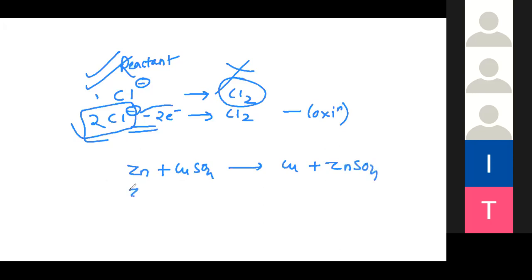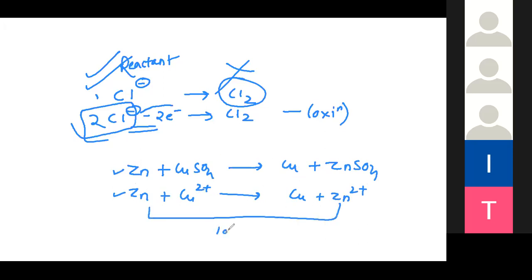Now when I put forward the ionic reaction, when the ions are taking place, I am simply writing like this. So what is the difference? This is a normal reaction and this is an ionic chemical equation. In the simple reaction, Zn loses 2 electrons to form positive ions. Always we know gain of oxidation state number is oxidation and the loss of oxidation state number, plus 2 to 0, is reduction. So it is simple as that. This is a simple displacement reaction to explain this. So consider this displacement reaction.